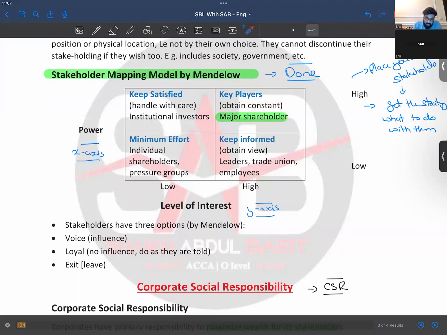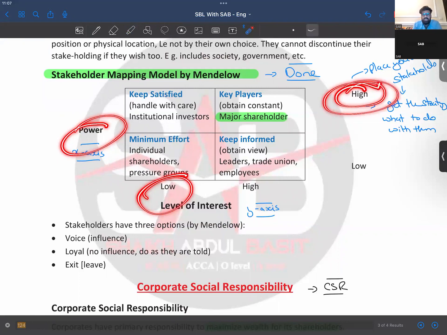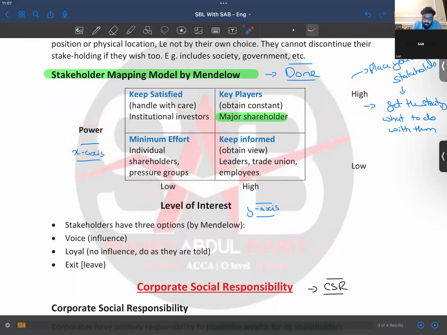Similarly, any stakeholder that has high power but low interest could just destroy you, but they are not taking that much interest in you. Who are they? They're probably the institutional investors, those who have invested in many entities with great sums. If they have invested that much, they could have high power and could destroy you, but they are not taking the interest because they have many companies.